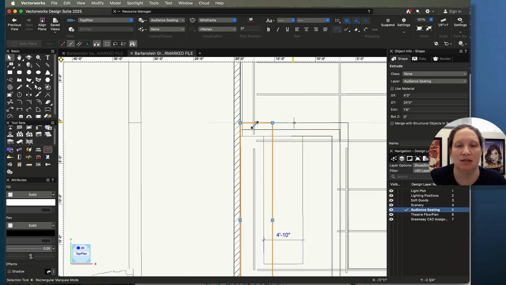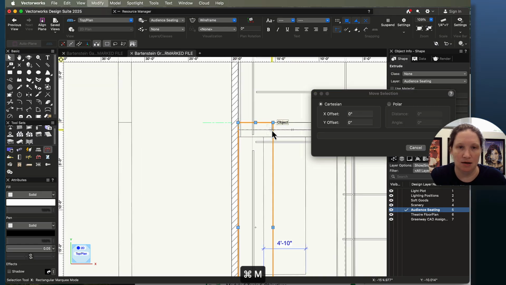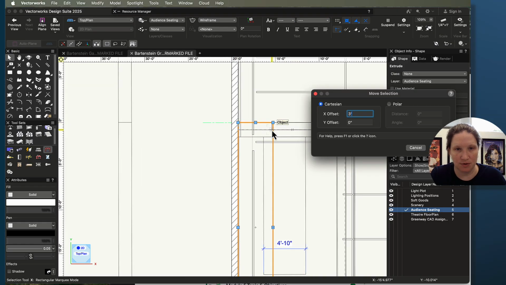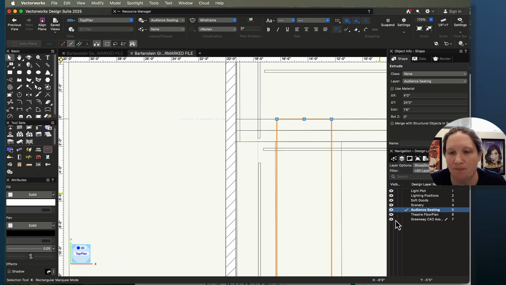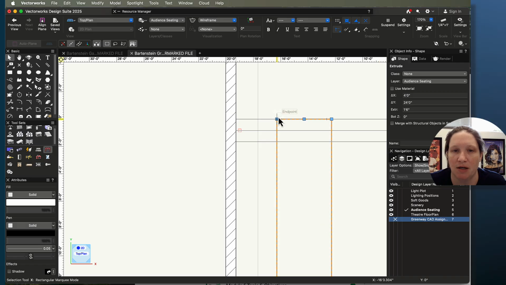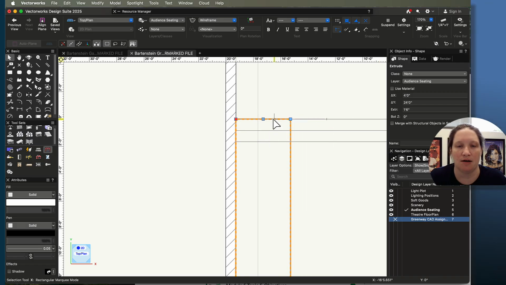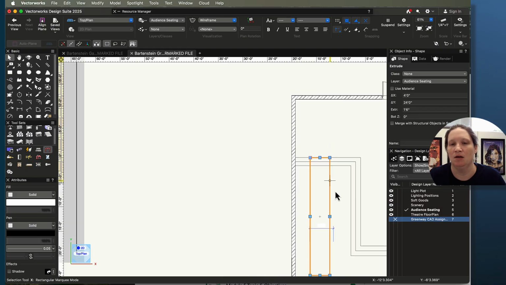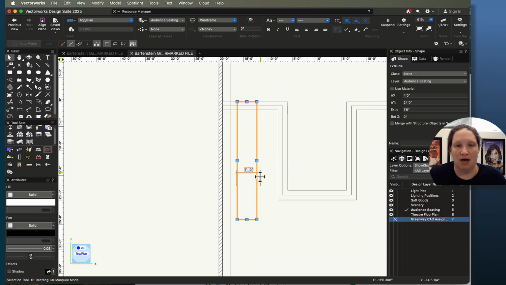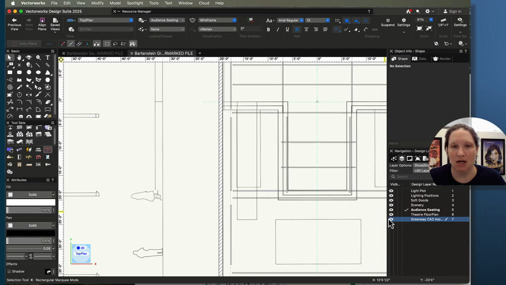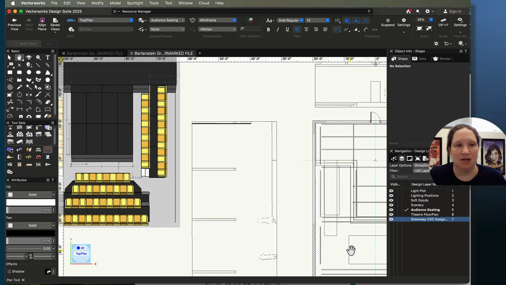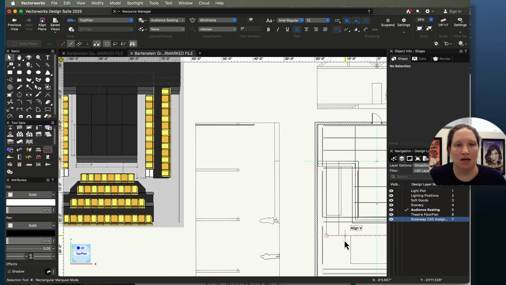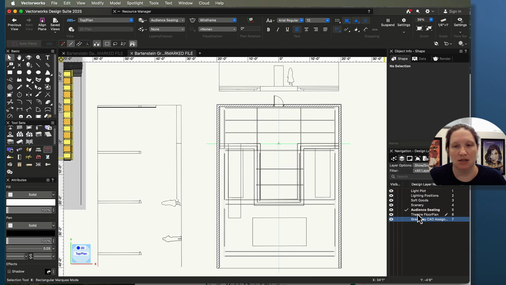So I'm going to just snap it into this corner and then move command X offset 3 feet. Okay, so that lines up pretty nicely. I'm just going to turn this off for a moment and make sure that that's still true. If I snap it into that corner, move 3 feet. Okay. So that lines up pretty well with the vague echo of where that riser is, although obviously it's extending much further. I think that that is good, and we'll mirror that across to the other side of the